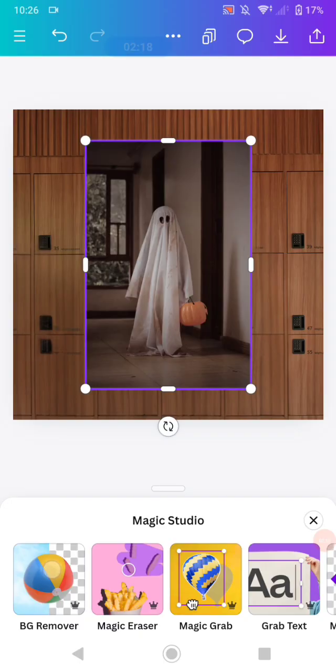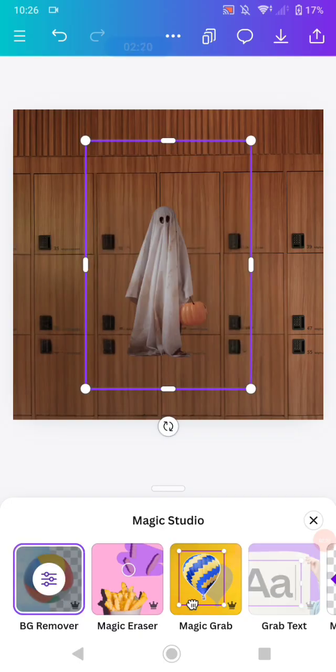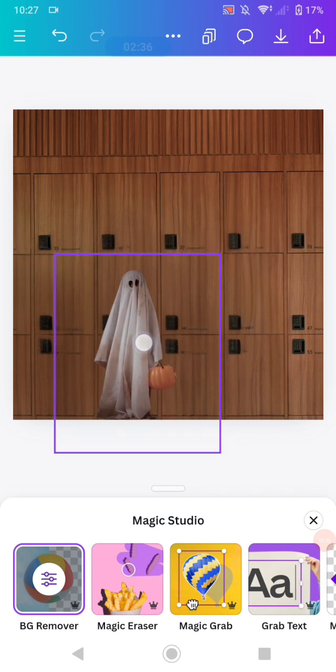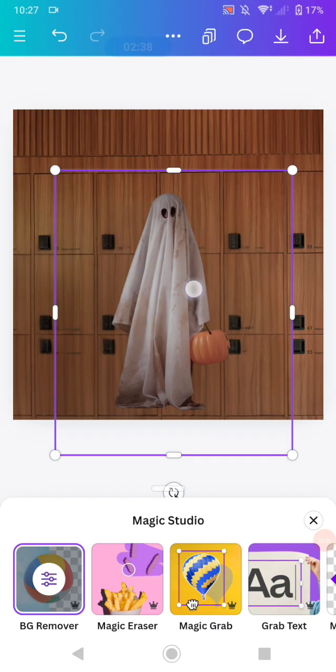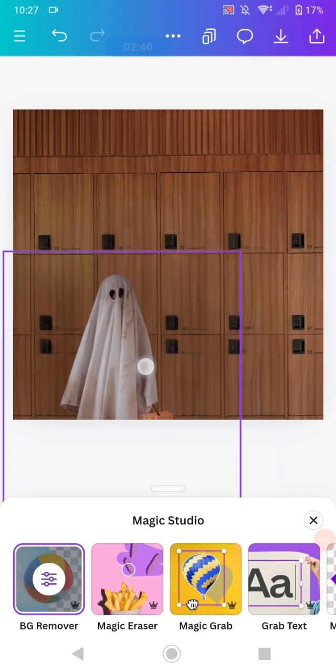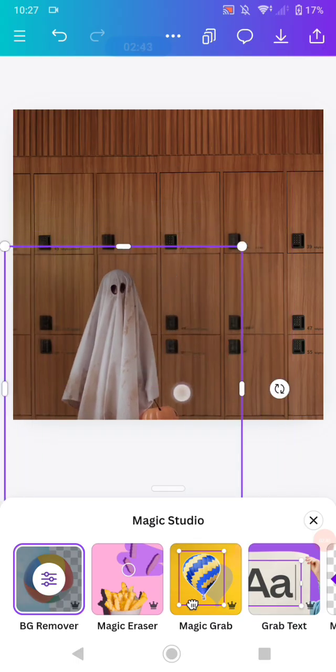and then click the BG remover. This one is for removing the background, but this one is for separating the background and the object on your image like that. And then decrease the size of the frame, and now adjust the size of it like this, and wait for a moment,